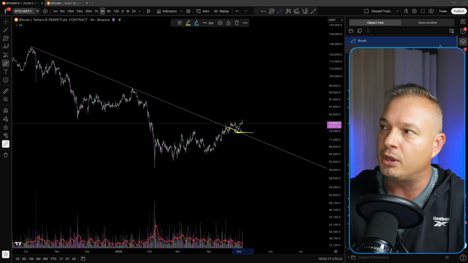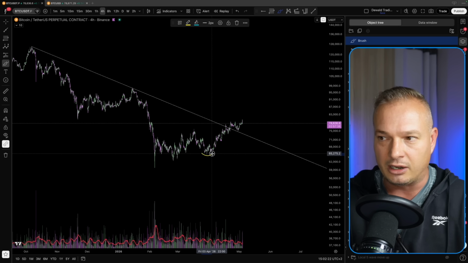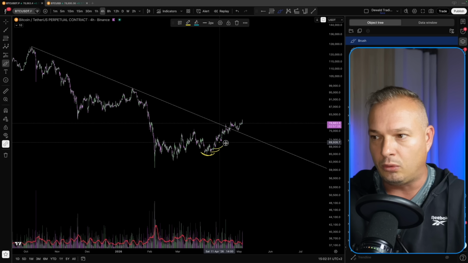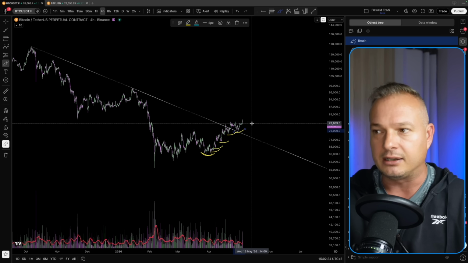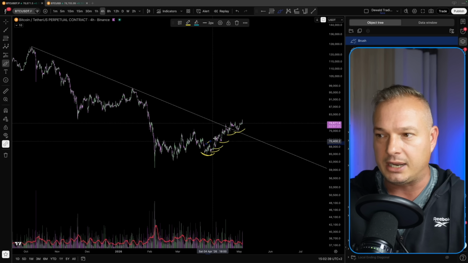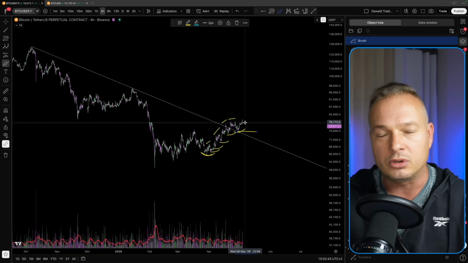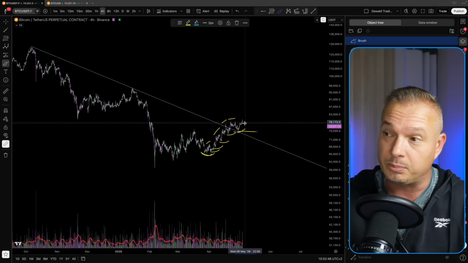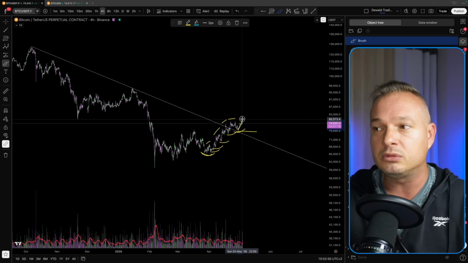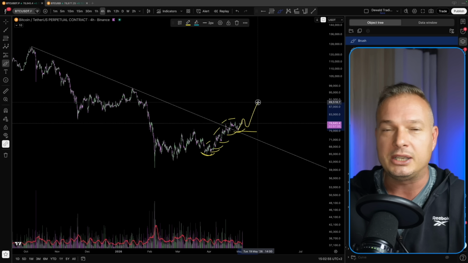That is most probably the most important low, because you can also see inside of the structure, I'm just looking at this recent move here to the upside. You have higher lows all the way to the upside. Price has created higher lows, so local market structure is to the upside, and price has created higher highs. So you can see why this low for continued momentum to the upside should not be claimed. What the bulls would like to see is perhaps this local structure has finished pushing to the upside. You want to see a correction and then continuation to the upside.